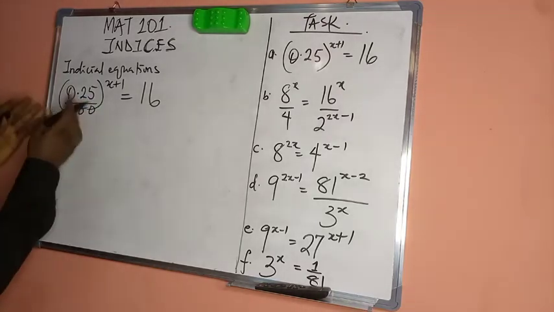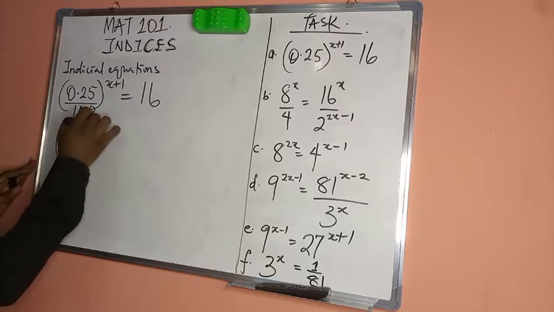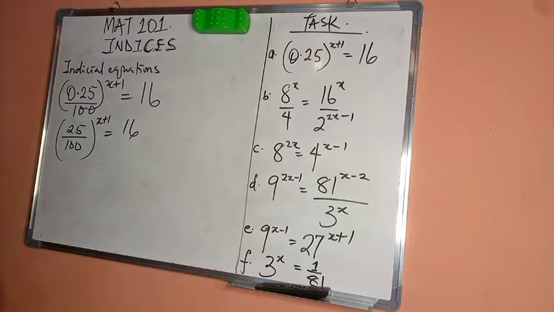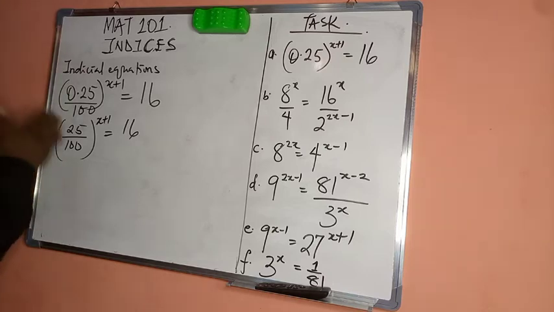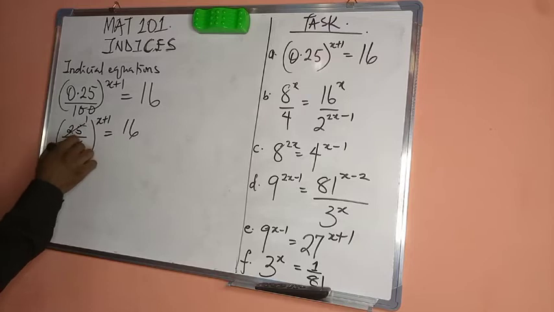Zeros. So this becomes 25 over 100, all raised to power x plus 1 equals 16. At this junction, we can reduce this fraction with 5. Yes, 25 can be reduced with 5, because that's 4. We can just say here is 1, here is 4,